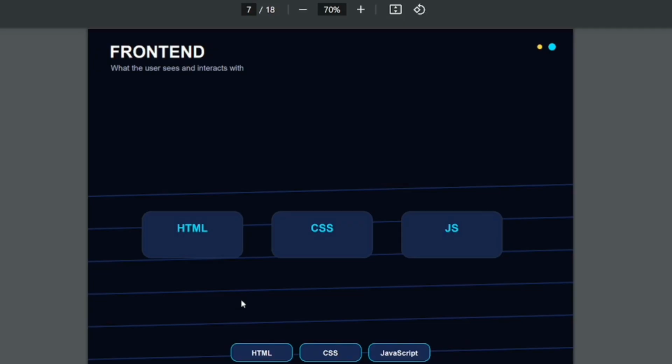HTML, CSS, and JavaScript. Now let's understand the front end. A browser mainly works with three important technologies: HTML, CSS, and JavaScript. HTML is used to define